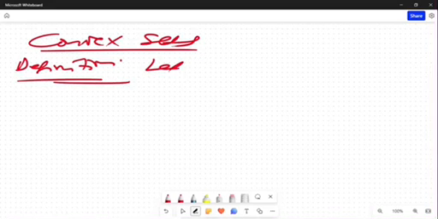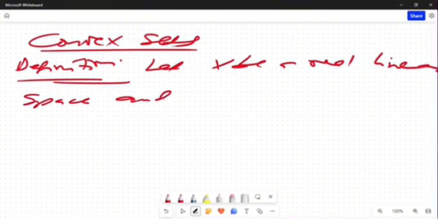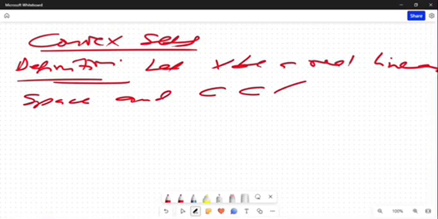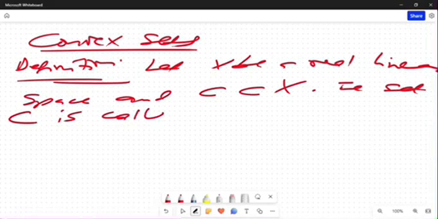Okay, let X be a real linear space, and if you have C, which is a subset of X, the set C is called convex, or is said to be convex